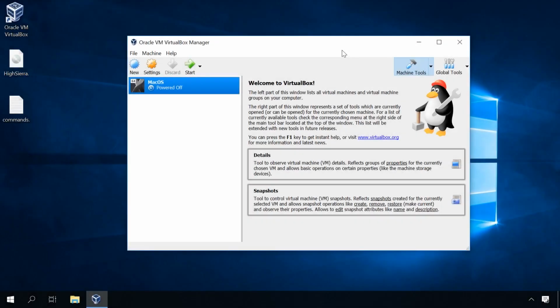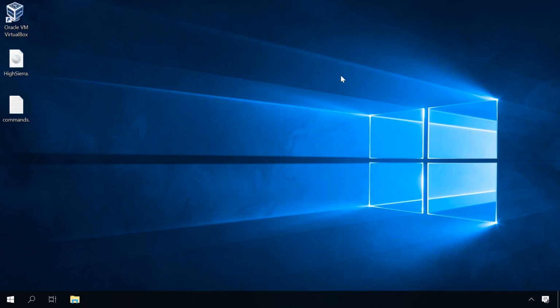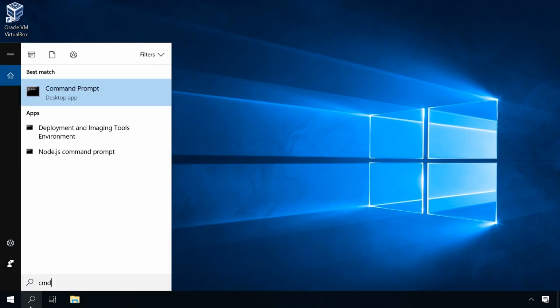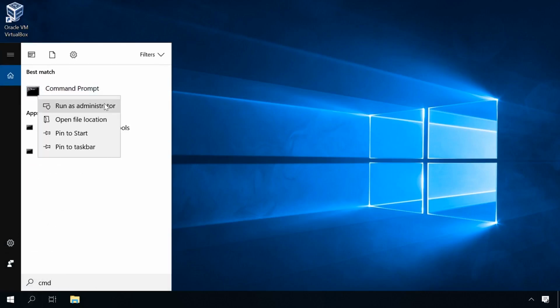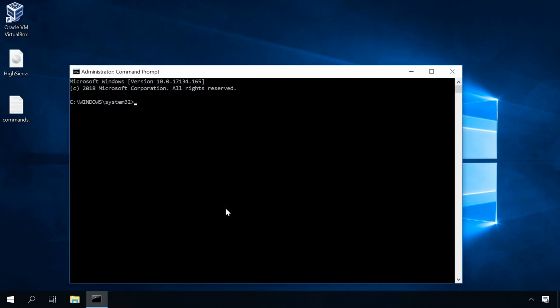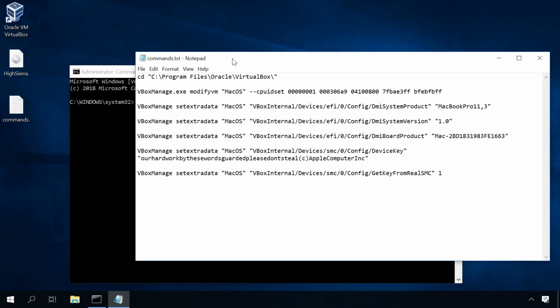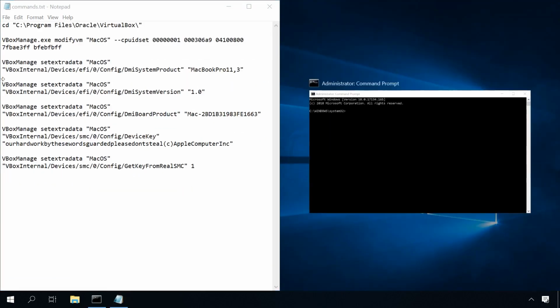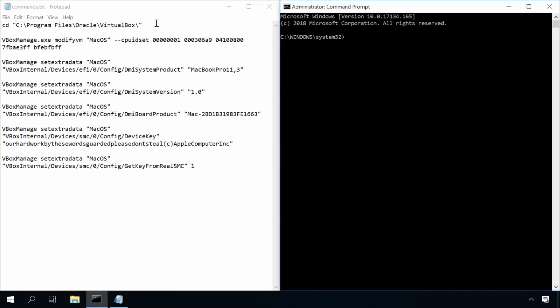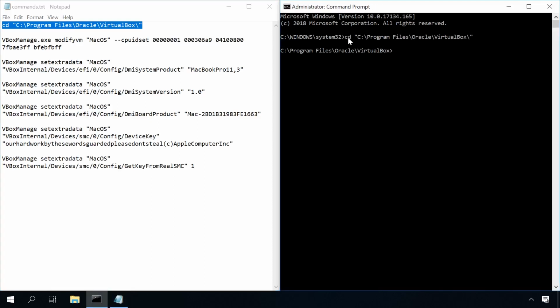Now, an important aspect. There are some things to be done to this virtual machine. Close VirtualBox, start the command prompt, and enter the following commands. I'll paste them from a text file I have prepared in advance for my convenience. I'd like to point out that in all commands macOS should be replaced with the name of your virtual machine. Now go to Oracle VirtualBox folder, cd, type in